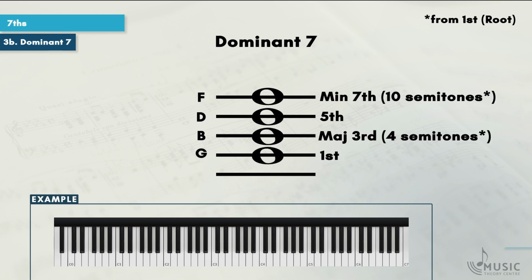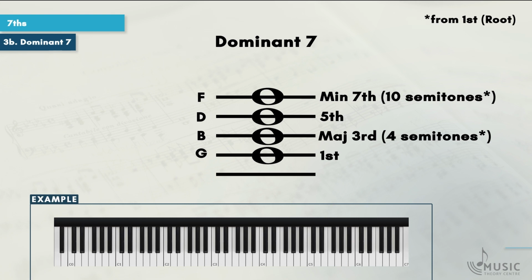For example, G dominant 7 is G, B, major third is 4 semitones, D, and F, which is 10 semitones. 1, 2, 3, 4, 5, 6, 7, 8, 9, and 10. The issue is that if this was in the key of G, F should be an F sharp in this